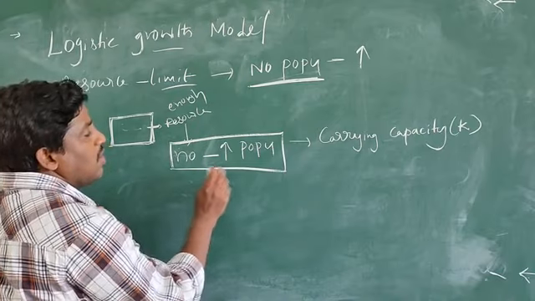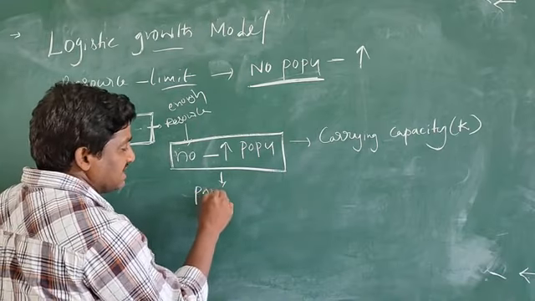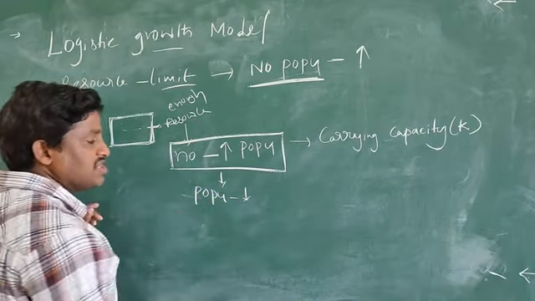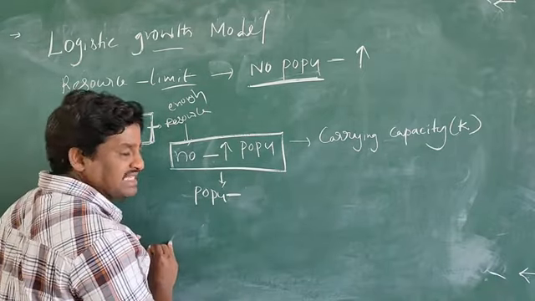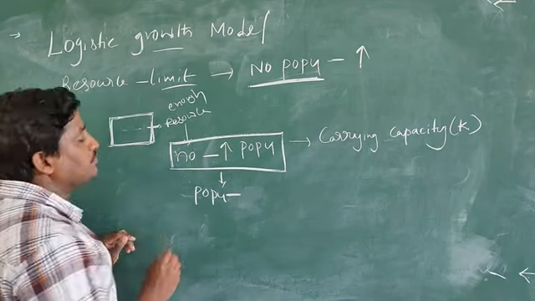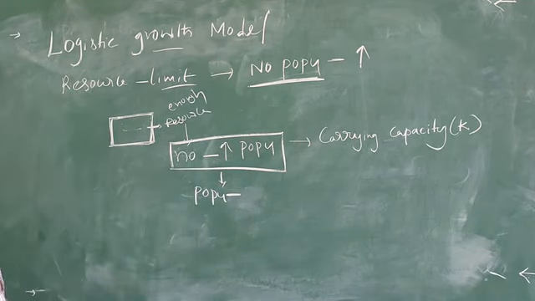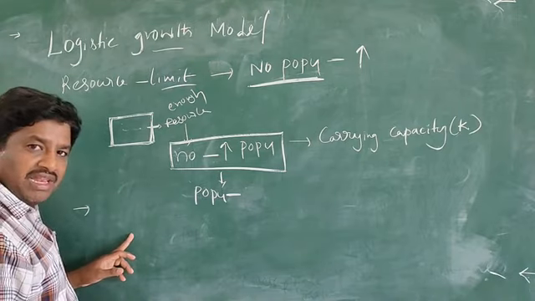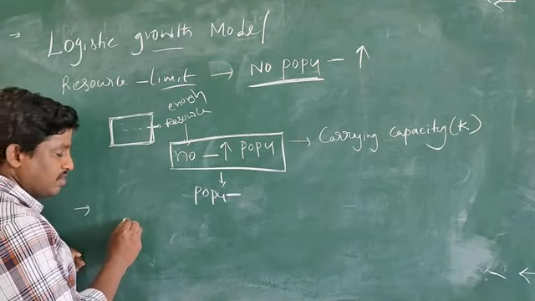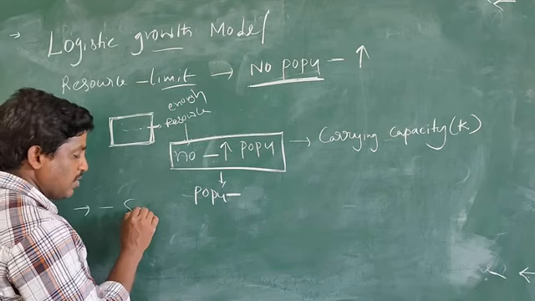That means here the population decreases. The population cannot move. That means here there is no further increase. So in this situation, the logistic growth model assumes a sigmoid